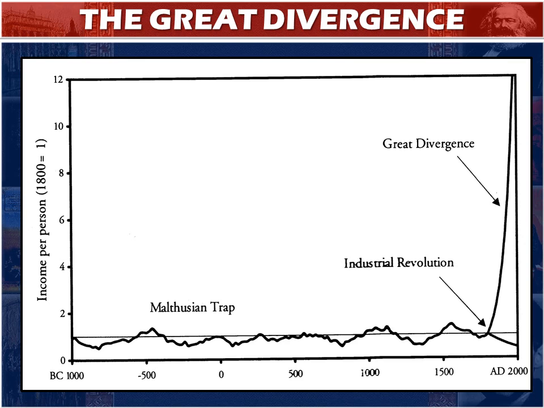You might say this is the time of the Malthusian trap. On the left-hand side, the graph shows income per person, with the income for 1800 being a scale of 1. And the horizontal axis is time. From 1000 BC to about 1800, there's no material improvement in the life of the average person, which means that a person in 1000 BC was about as rich as someone in 1800, the average person for the entire world.